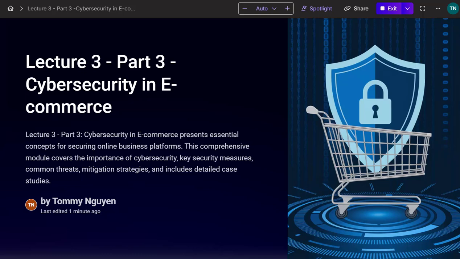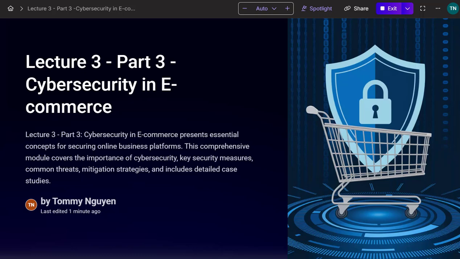Cybersecurity is critical for e-commerce platforms to protect sensitive customer data, financial transactions, and overall business operation. This module covers the key security principles and best practices for securing online business platforms. We will discuss common cyber threats targeting e-commerce, such as data breaches, payment fraud, and distributed denial of service or